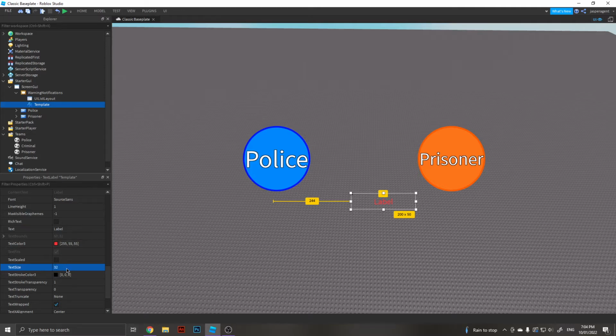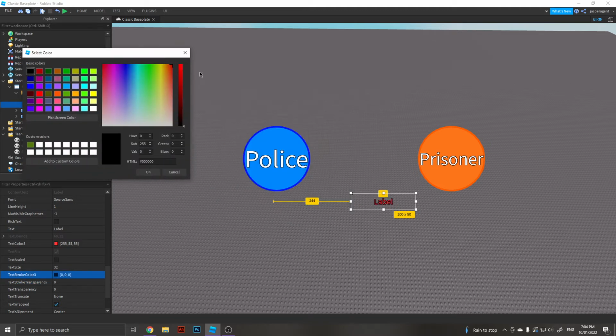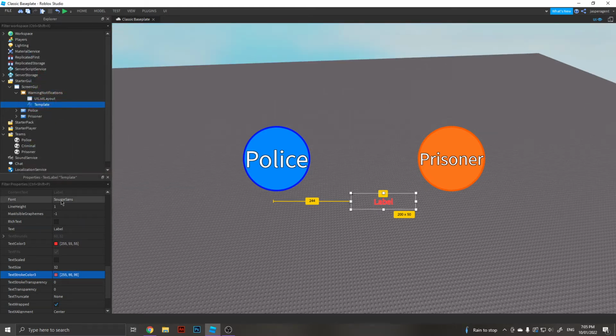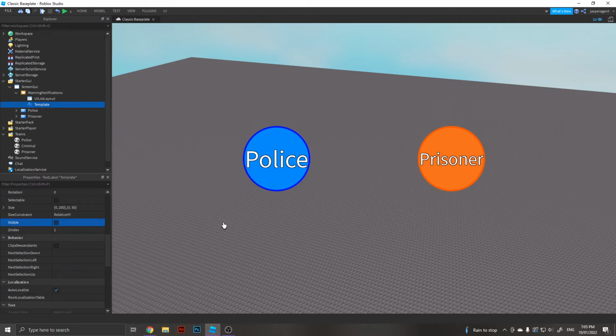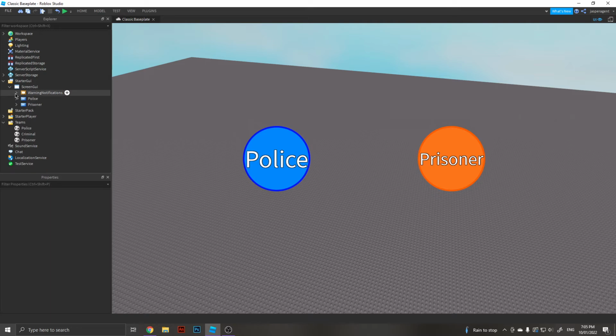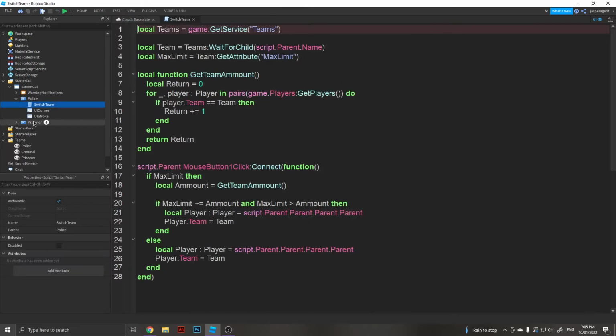We can now set this, allow users to identify it a bit easier, I guess. We can give it an italic look, and we're going to name this warning, something like that, and we're going to make it not visible. So now what we can do is we can simply just do